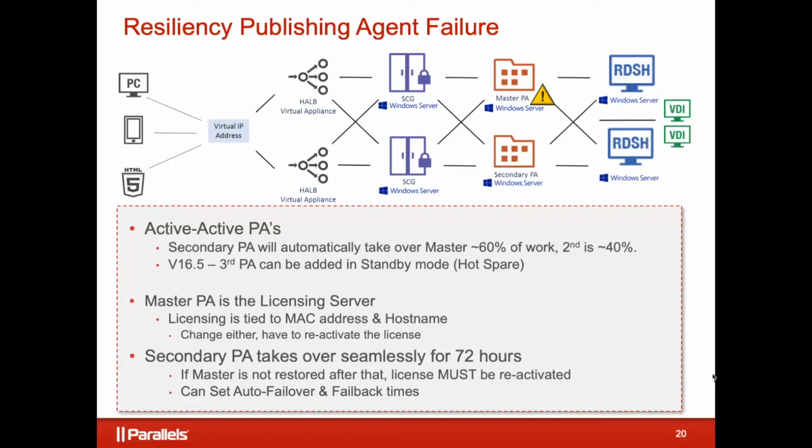In that case, you've got 72 hours to address it. To address it, all you need to do is log into the secondary publishing agent and right-click and promote it and make it permanently the master. That's it. That will require a license reactivation. The license server is tied to the MAC address and the host name of the server. So if you're activating on a second server, it will ask you to reactivate it. What's that entail? You just got to use the username and password that was tied to your license. So a service account would be great for that. Log in, do that, and reactivate it, and it goes. Right. And if the master comes back up at a later date, you can certainly switch them back later.